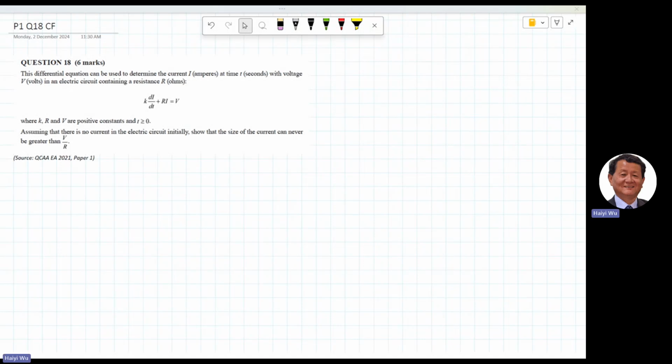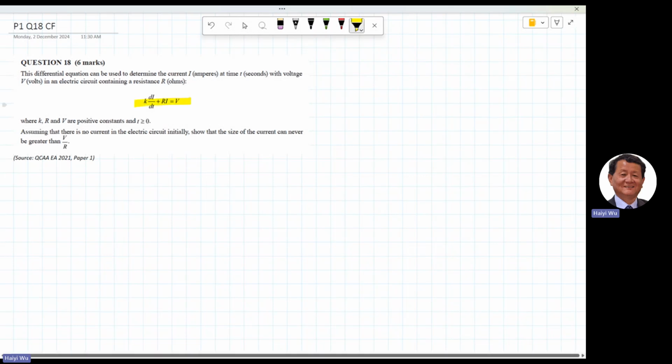Today we're going to solve question 18 of the QCAA External Assessment Paper 2021, Paper 1. This is a complex familiar question. The topic is differential equations. So let's have a look at the question. We are given the differential equation